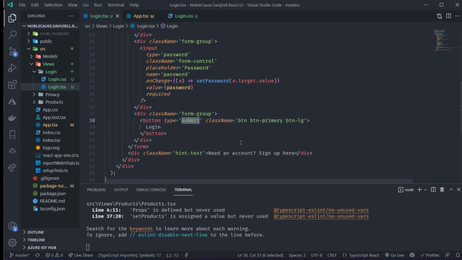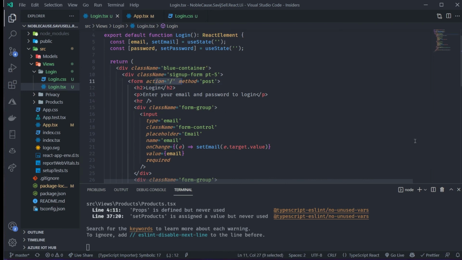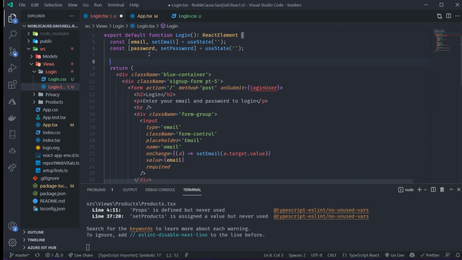So I want to use the built-in submit logic, which will just submit the form to this action. But I don't want it to reroute to slash. That's not what I want. I want just when I click my submit button, it just calls a method. So what we're going to do is set up a method, and we're going to cancel the default action of go here. So in this form tag, I'm going to put an onSubmit saying, hey, when the user clicks submit, I want to call my own method, and we'll just call it loginUser. And that doesn't exist yet. That's why it's underlined. So let's go above our return here, and let's create a loginUser,